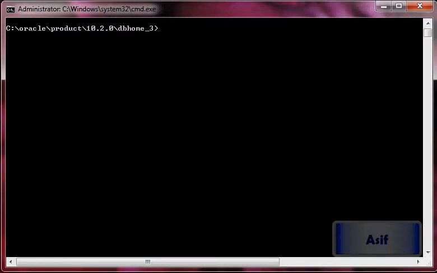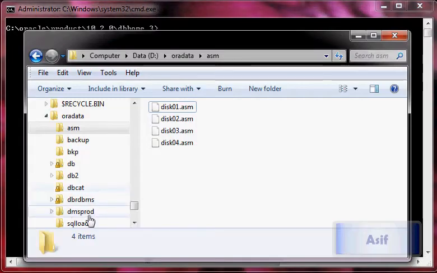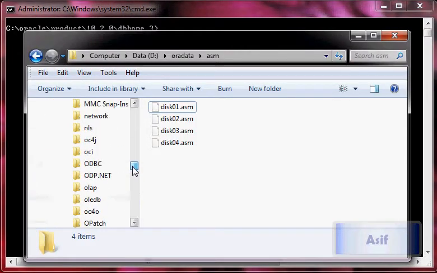Update parameter file of cooked file system. That is, we are going to update the parameter file of database whose name is db2. For this purpose, I will go into the Oracle home.